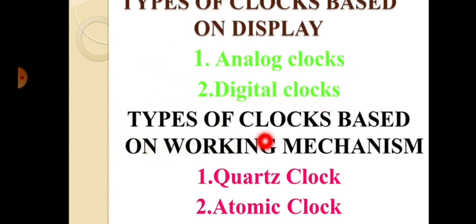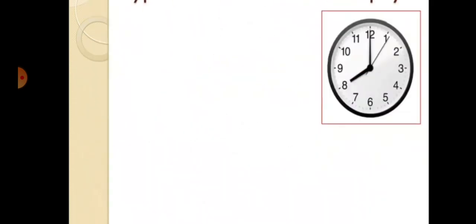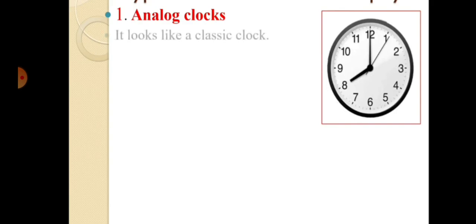Analog, it will be having three hands. One is hour hand, another one is minute hand, and another one is second hand. In digital, you need not have all these hands. It will directly display the time, isn't it? This is an analog clock. You must see what the hour hand represents, 8, and where is the bigger needle, and you have to see the third hand. Analog clock, there will be three hands: hour hand, minute hand, second hand.